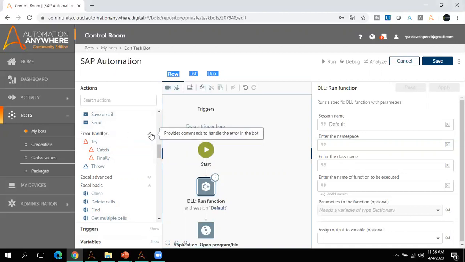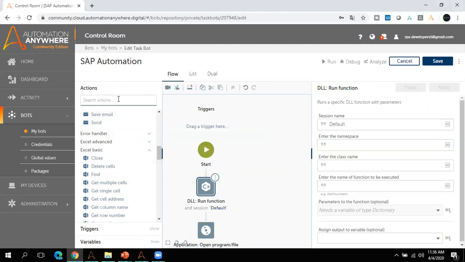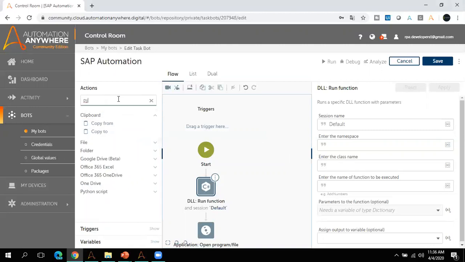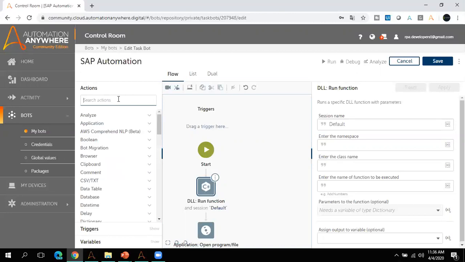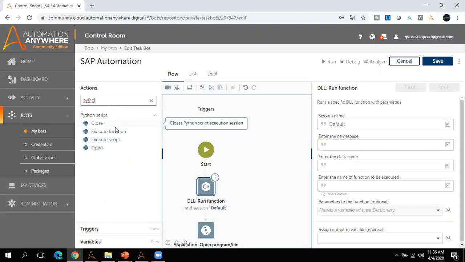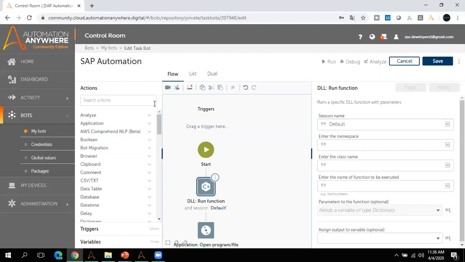And the good thing is, now using Automation A2019, you can run the Python command directly. In case you want to do something which you can do using a Python script, you can directly go ahead and run it. But it was not there in the previous version of Automation Anywhere. Cool. And another thing, as I said, we can do many things. So in upcoming videos, I'm going to explain more about these things.